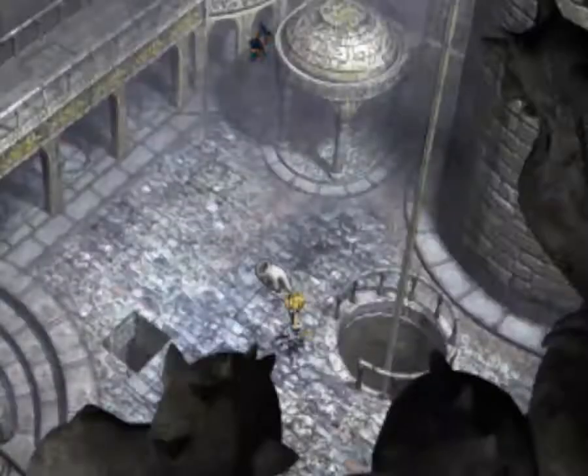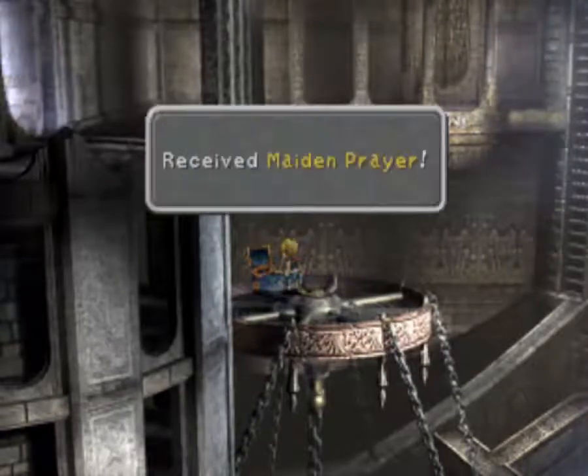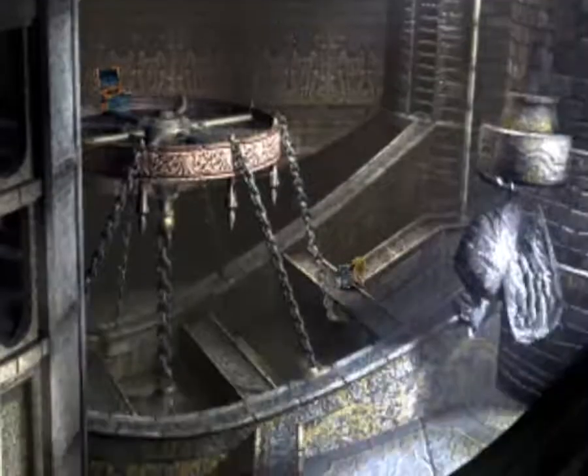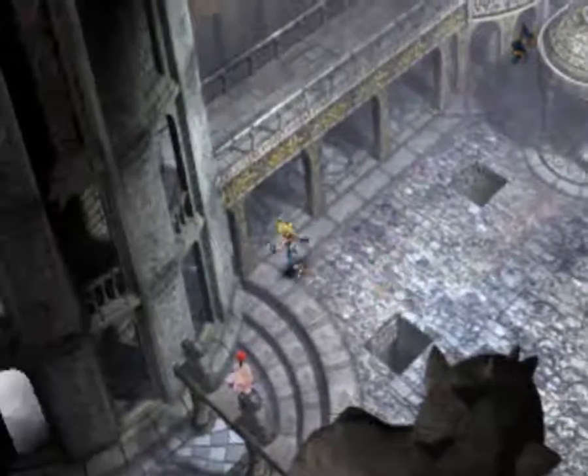Okay, so there's, woo, another one here. And this one drops us up here, giving us access to Maiden Prayer, whatever it's supposed to be. Jump off there. There we go. Use fast forward to climb really annoying doohickeys. Anyway, now we can go back out front